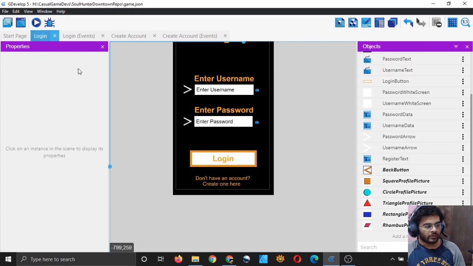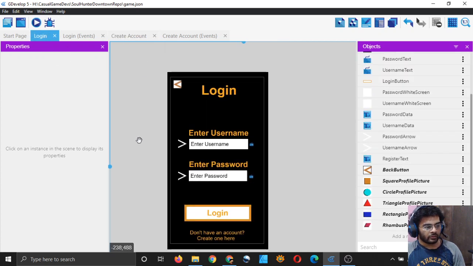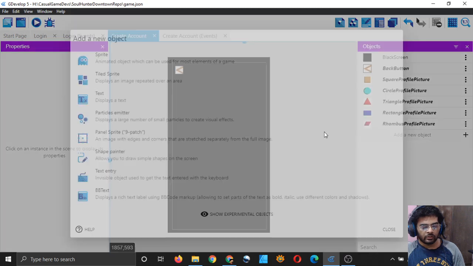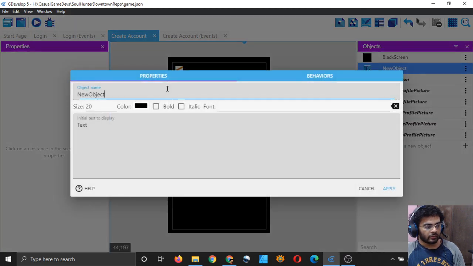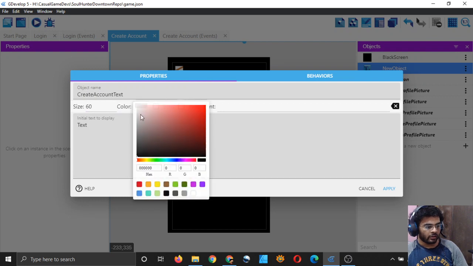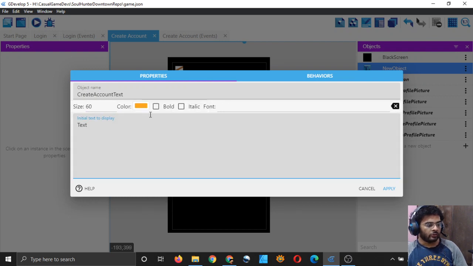So first thing, let me first put a heading over here, text, and I will say create account text, and size 60 will be nice, color should be orange, and you can say that it will be bold, and you can simply write create account.